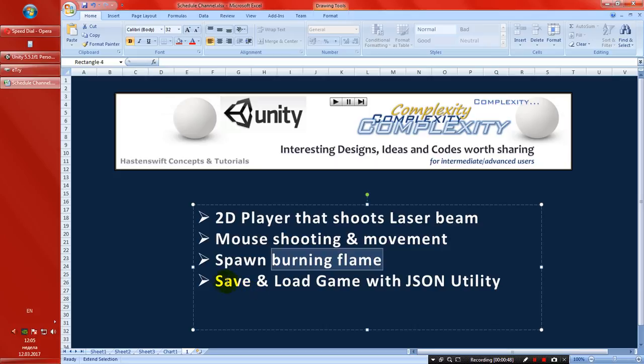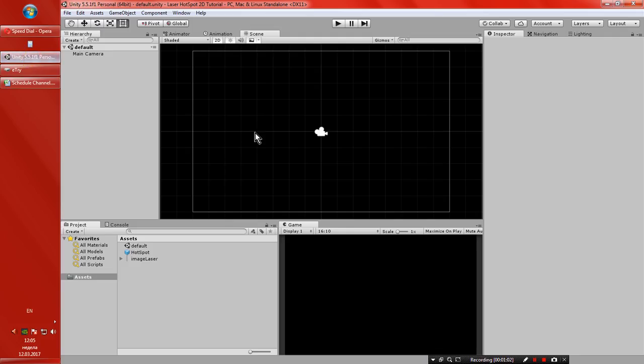and then we're gonna attempt to save and load the game with the JSON utility, with the built-in utility that Unity has in itself. Alright, so let's jump directly to new project, create a new project, and as you see I have